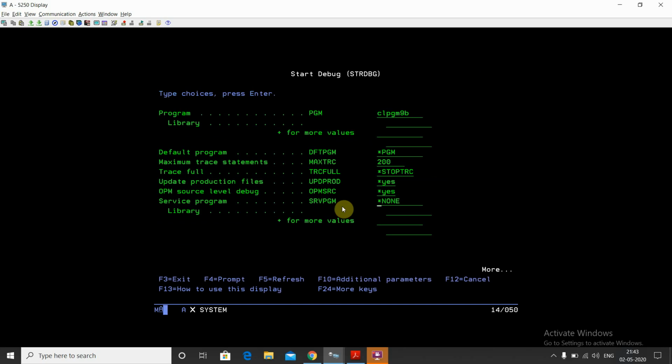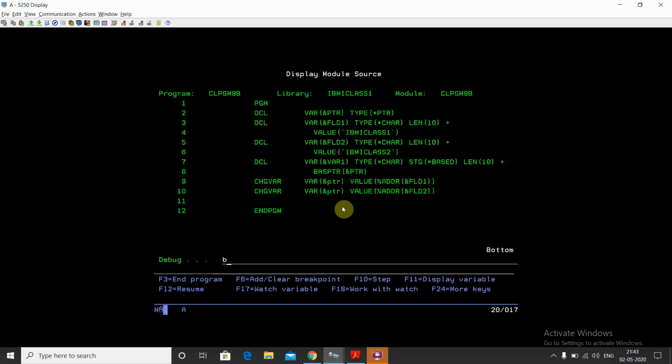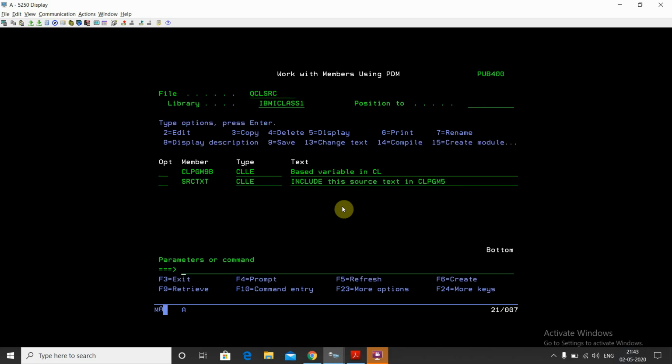After setting the breakpoint, we will debug this program, which is for based pointer variables. Now set the breakpoint at line number 1. Come out, call pgm clpgm 9b.